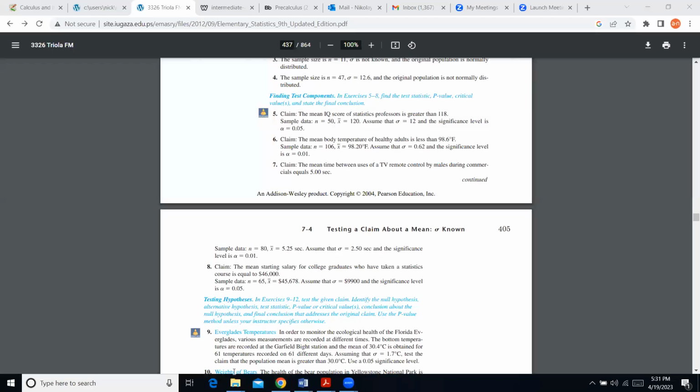Well, we'll do problem number 8 for last time's quiz. I asked you not to do the whole thing, but just to look at the question about the claim that says the mean salary is equal to 46,000. So we always write down the word claim, and once we produce the claim about the mean, which is equal to 46,000,